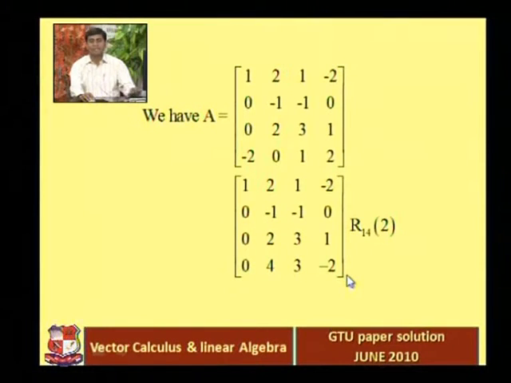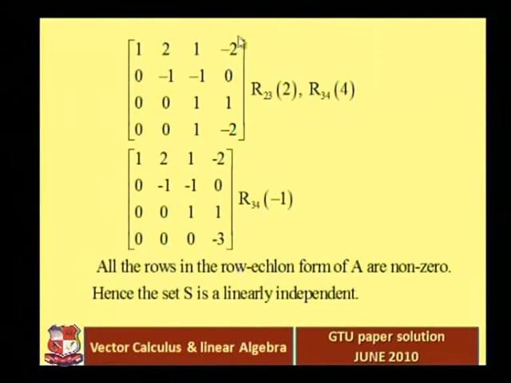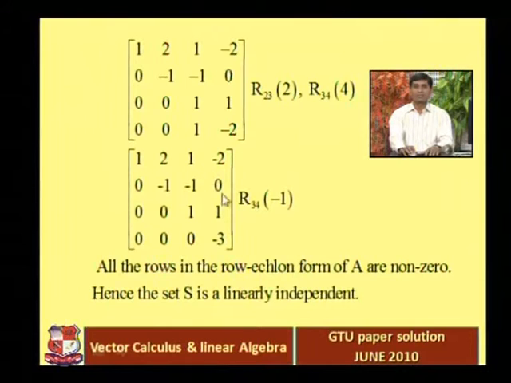Okay, next process, we multiply the second row with 2 and add it to the third row, and we multiply the third row with 4 and add it to the fourth row. So 1 2 1 minus 2, the second row is as it is, 0 minus 1 minus 1 0, 0 0 1 1, 0 0 1 minus 2. In the next process we multiply the third row with minus 1 and add it to the fourth row. So 1 2 1 minus 2, 0 minus 1 minus 1 0, 0 0 1 1, and then 0 0 0